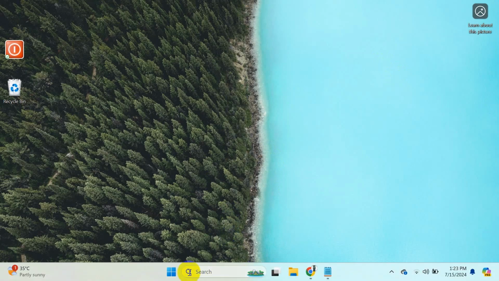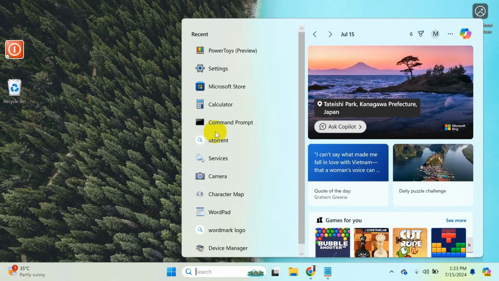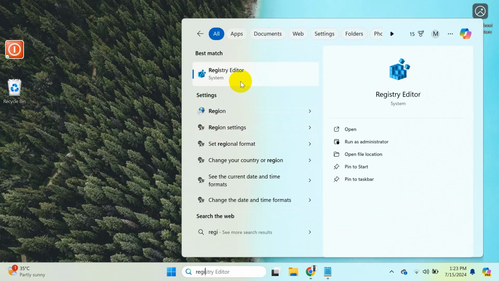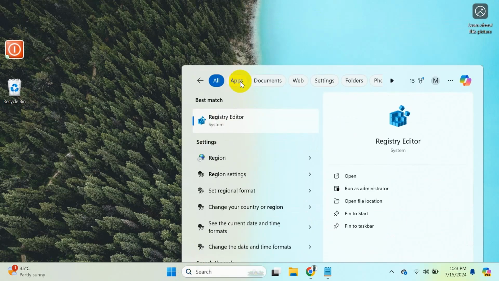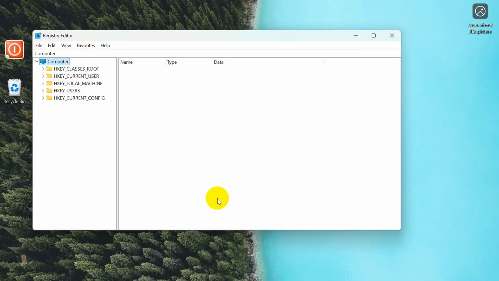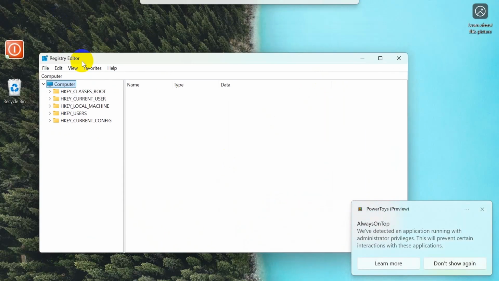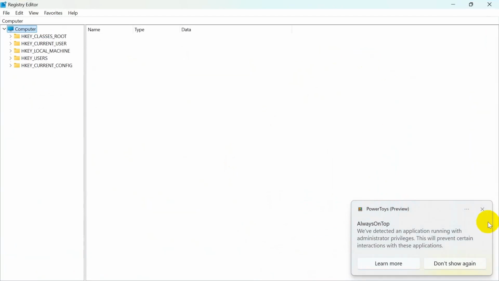icons. It's very simple, just come over to the search option and search for Registry Editor. Over here, you can see it. If you now click on that, click Yes for the permission, and you can see you open Registry Editor. And if you now maximize it,